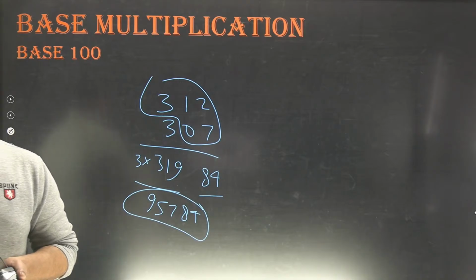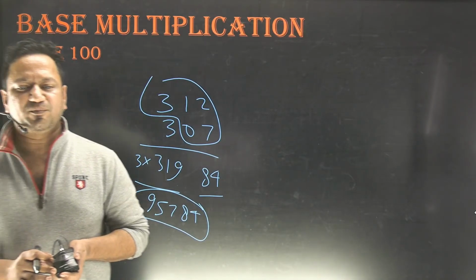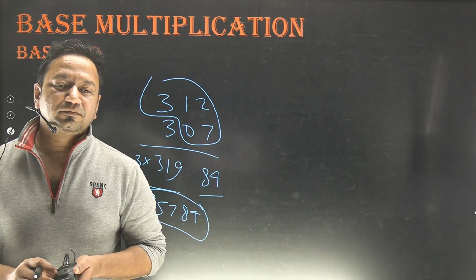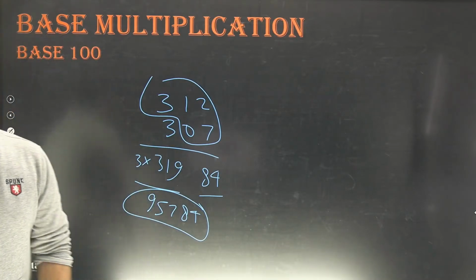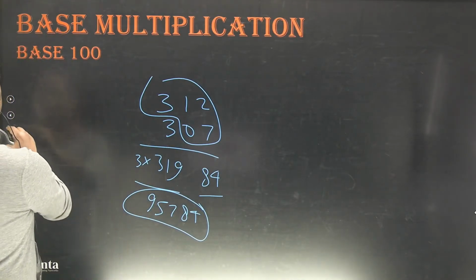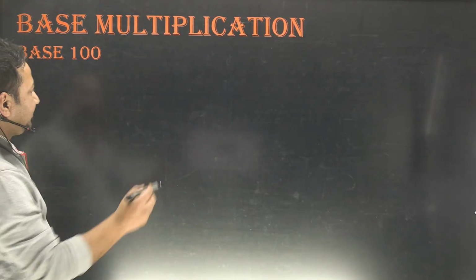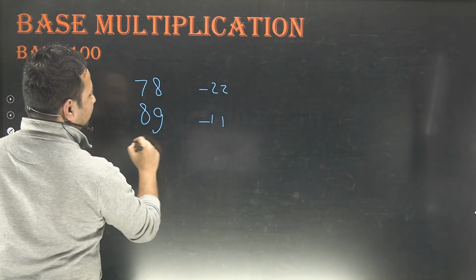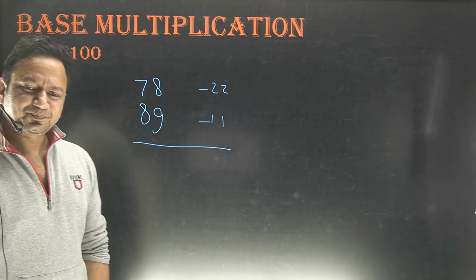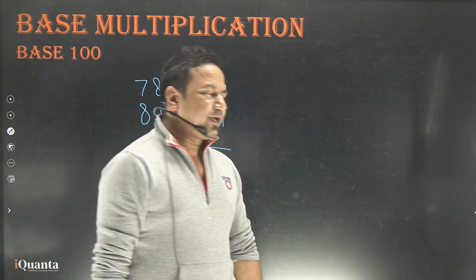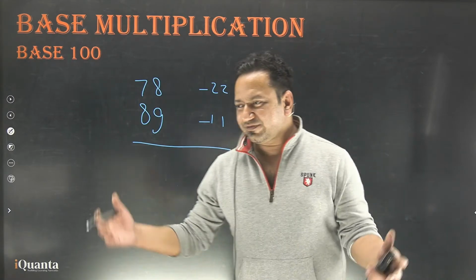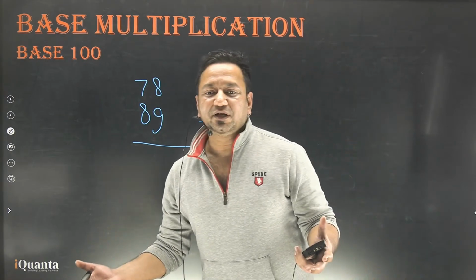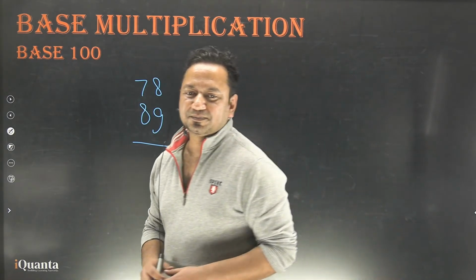Baswar, if it is 3-digit and 2-digit, you need to put a 0 before the 2-digit so that it becomes a 3-digit number. Perfect. Adil just asked me, what is it? 78 and 89. Minus 22 and minus 11. Right? No, okay. No. Africa will happen in the cases only when you actually create Africa, which will happen when the number is greater than the base, not less than the base.